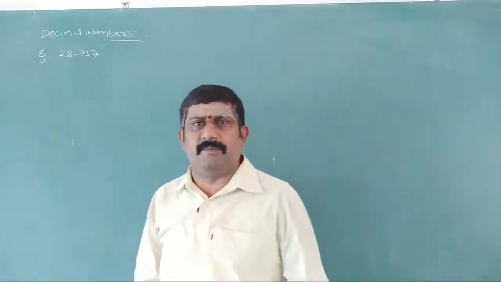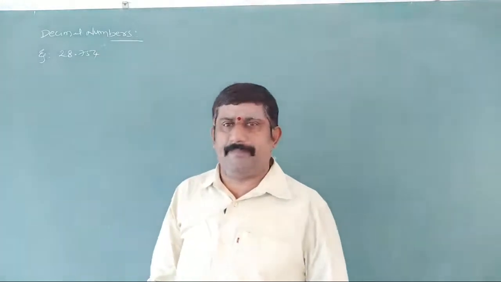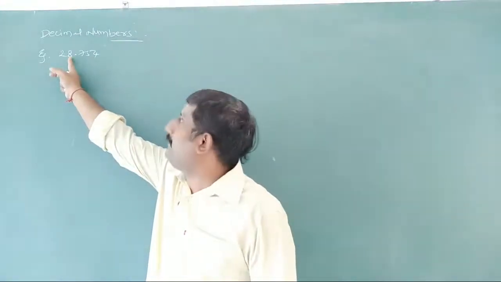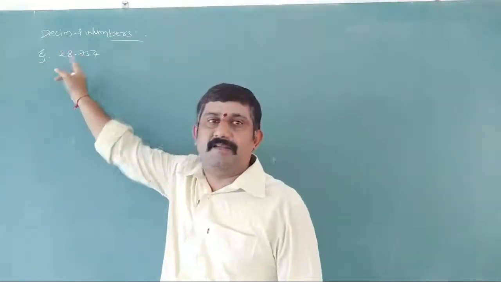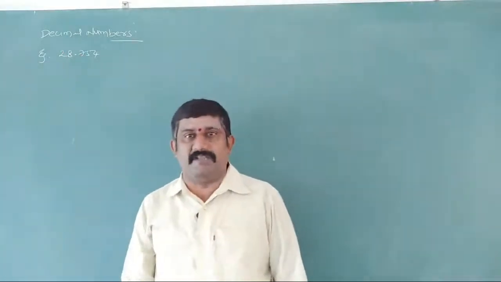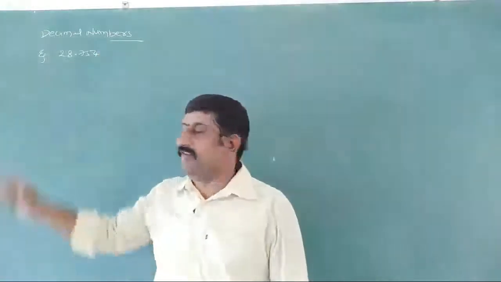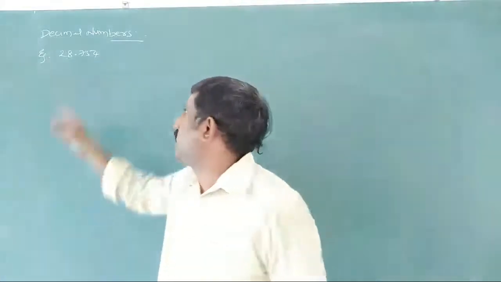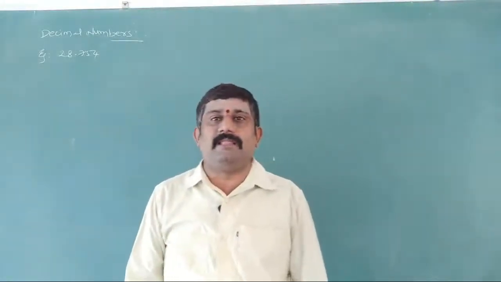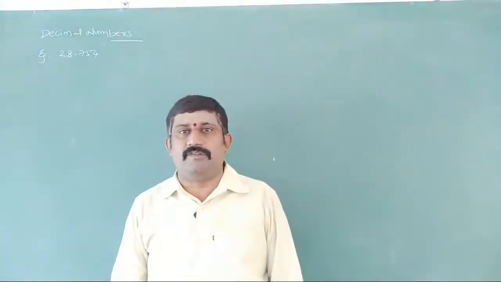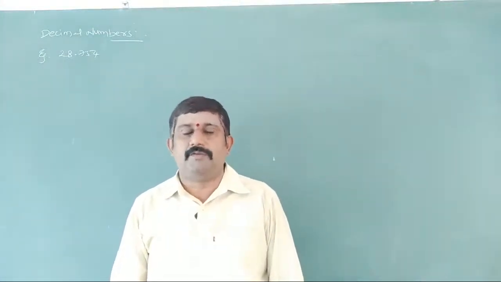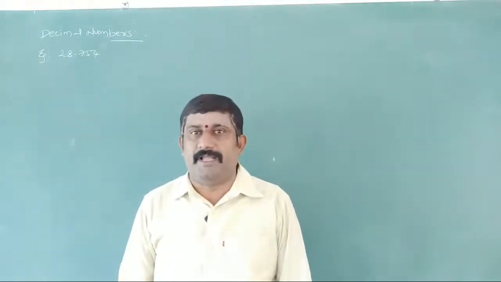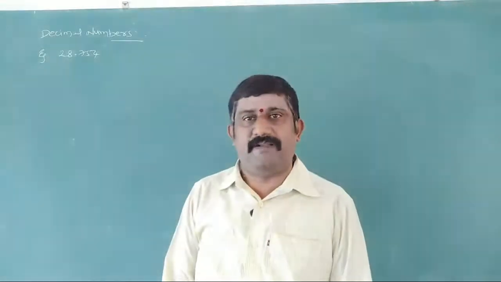Okay, what the place values are going to be in this problem. We already discussed all this in the previous class, but just once again: the place value of this is 20 and the place value of this is 8. Next, the place value here is 7 by 10 or 0.7, and for 5 the place value is 5 by 100 or 0.05. Next, the place value of 4 is 4 by 1000 or 0.004. So these are the places and place values we discussed in the previous class. Now today we are going to do multiplication of decimals.